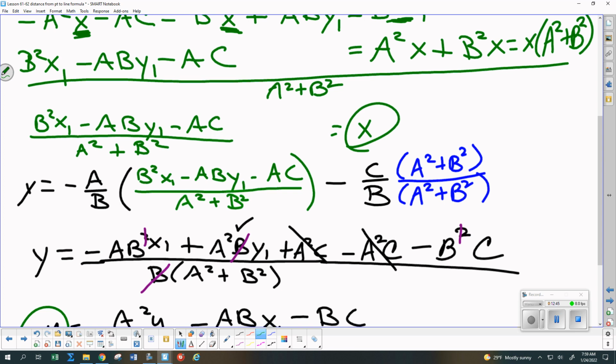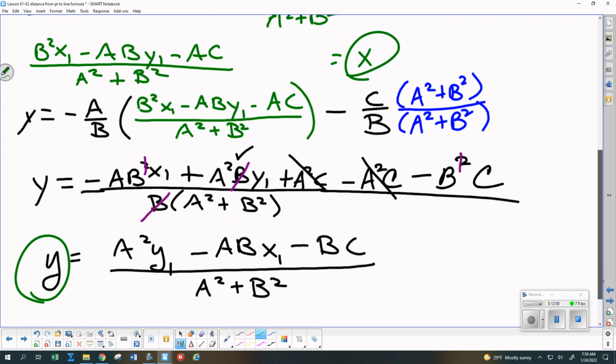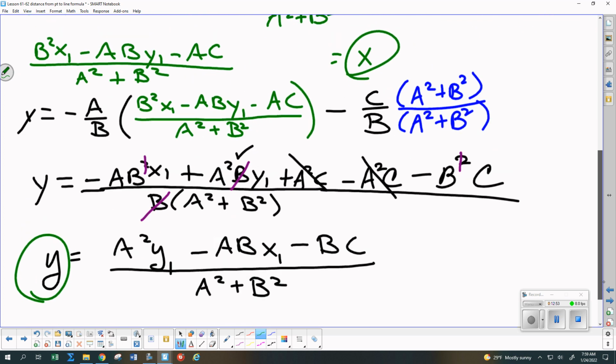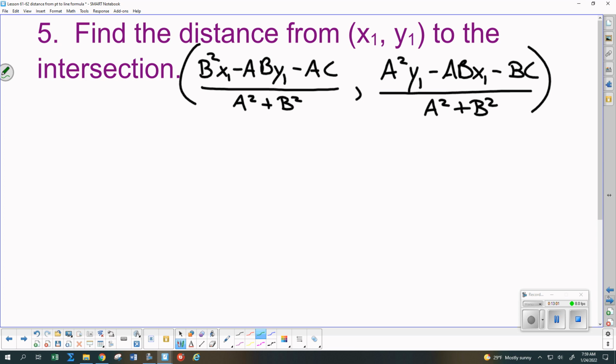And they are admittedly very, very messy. So what I need to do is to take that x and that y and my original x1, y1 and plug them into the distance formula for my next step. So I already copied it down. You don't need to copy it down again. You've got it there in your notes. That's our intersection point, and the distance from there to x1 says that, and this is the last step of it, the distance is a big old messy square root,